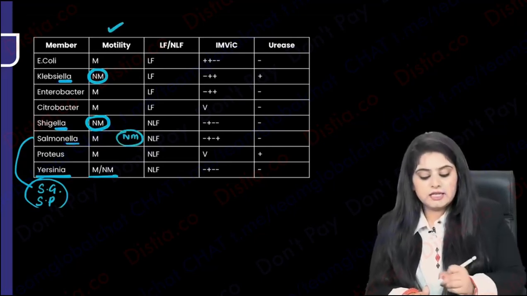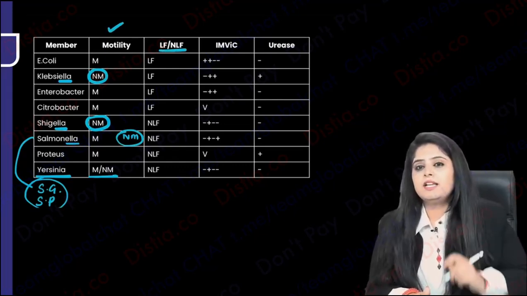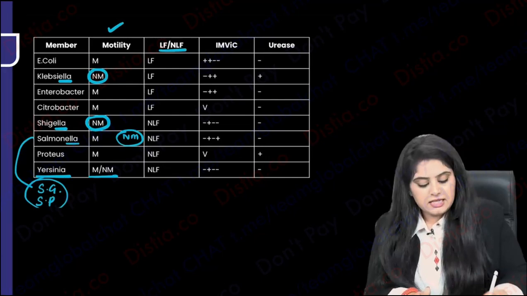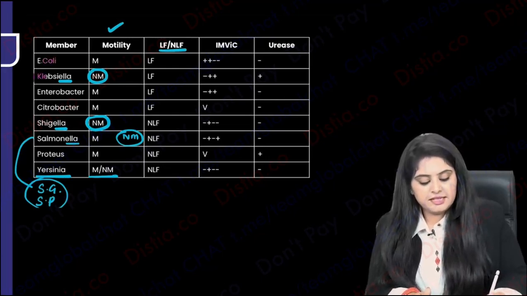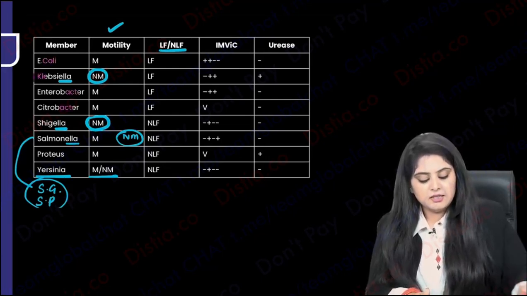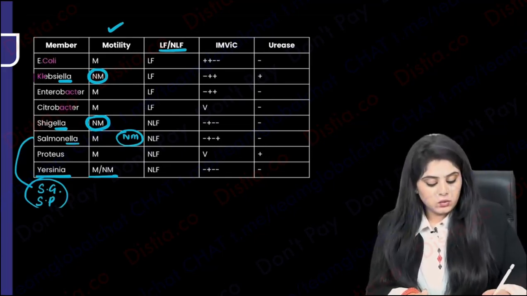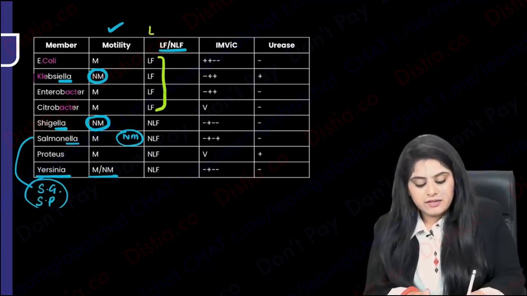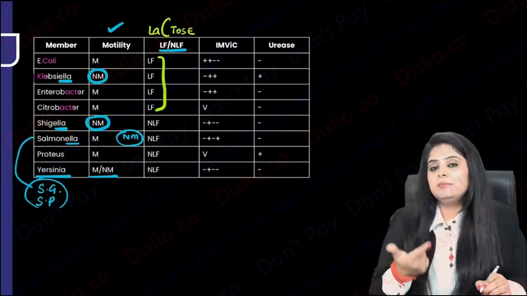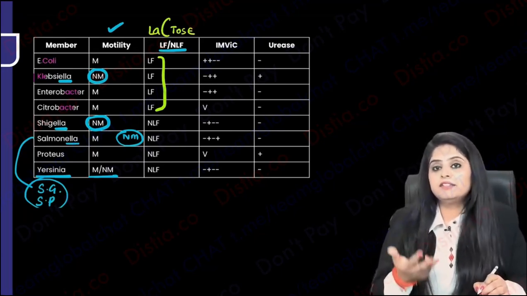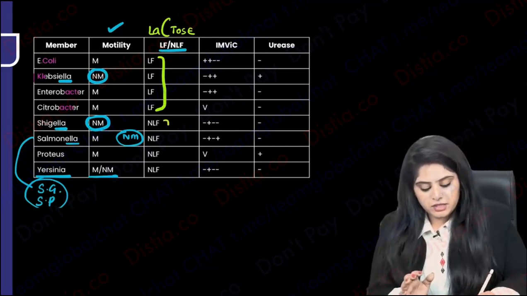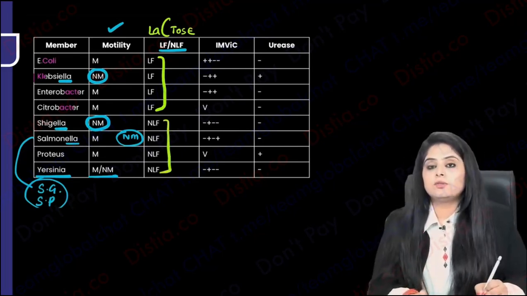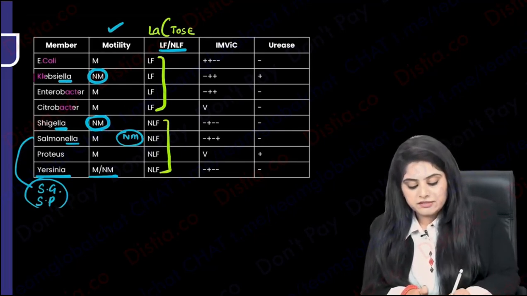Okay, motility done. Talking about lactose fermenters, the sounds are E. coli, Klebsiella, Enterobacter, Citrobacter. All the coli, KKK ones were lactose fermenters. So remember, when you're talking about lactose fermenters: E. coli, Klebsiella, Enterobacter, Citrobacter. They are lactose fermenters. All of the others are non-lactose fermenters. Now let's come to urease.